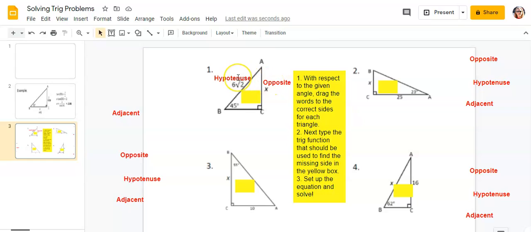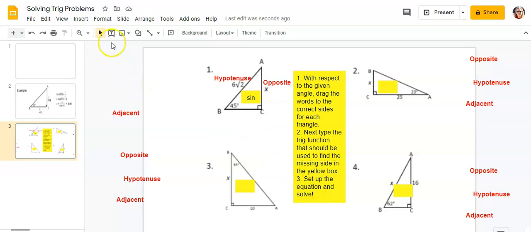So opposite and hypotenuse. You need to go to your notes and see which trig function has the words opposite and hypotenuse in it. And when you look, you're going to notice that sine has opposite and hypotenuse. So I want you to type the word sine here. And that's what you're doing in each one of these, and that's step 2. So you're dragging the words, so I've got them on all the sides. Then you're writing in which trig function you're going to use,